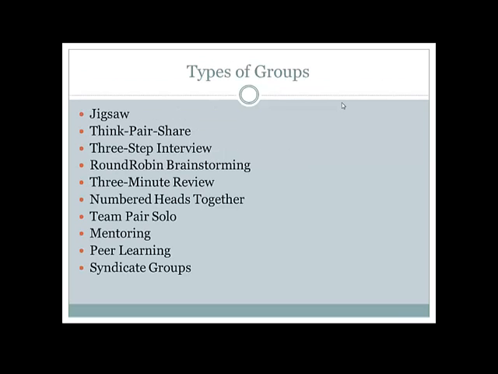Next, some of the types of groups of cooperative learning are jigsaw, think, pair, share, three-step interview, round-robin brainstorming, minute review, numbered heads together, team pair solo, mentoring, peer learning, and syndicate groups. For example, on the think, pair, share, we would take time for them to think about the assignment by themselves, then talk with someone else in the group, or talk with someone else as a group, and then share it